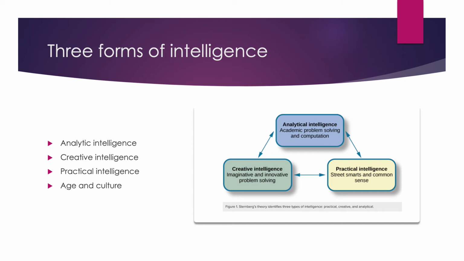What we really know is that these three actually go together. There are benefits to practical intelligence, and it's obvious when you're talking to adults. But it is rare that you see people that have high analytic intelligence and no practical intelligence, or people that have high creative intelligence and low analytic intelligence. Certainly, we have different things that we are good at, but it doesn't necessarily mean that you have one